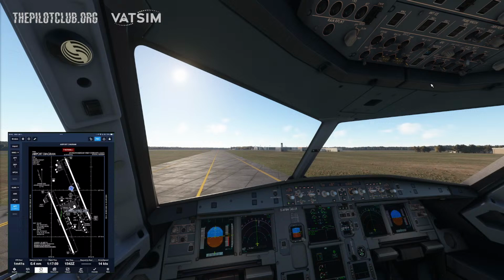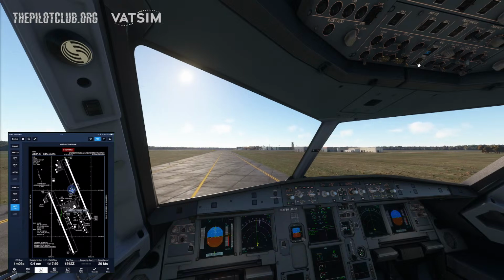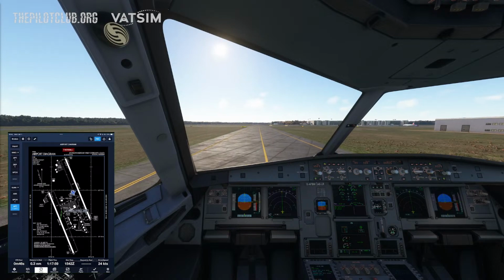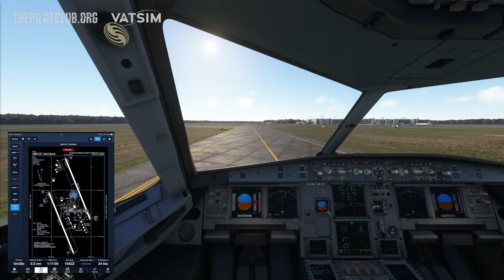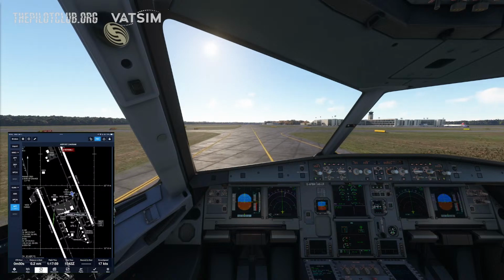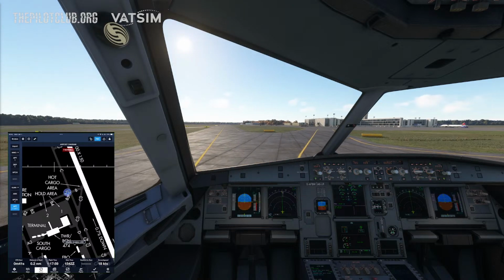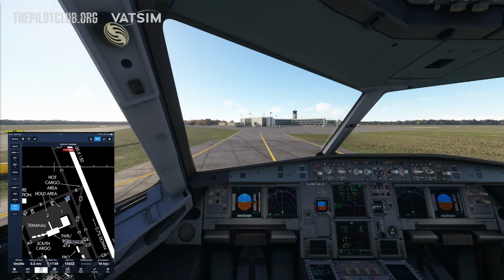Go ahead and start the APU. Landing lights off. We'll clean up the aircraft, flaps retracted, and ground spoiler is disarmed. So we're going to be coming in on Bravo 5, like I said, so that's great. Easy peasy taxi. Landing rate seemed a little high. We'll take a look at the numbers, what we got, but